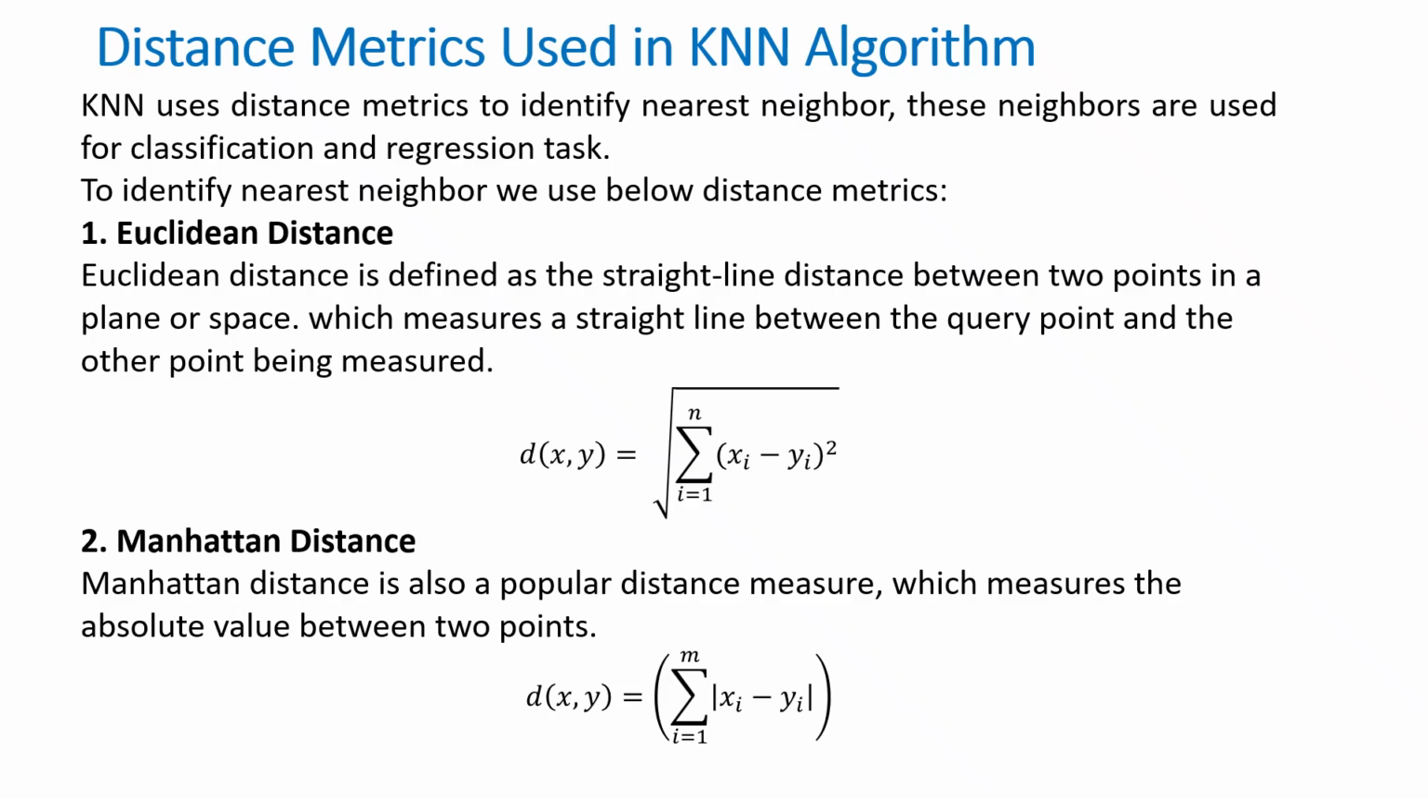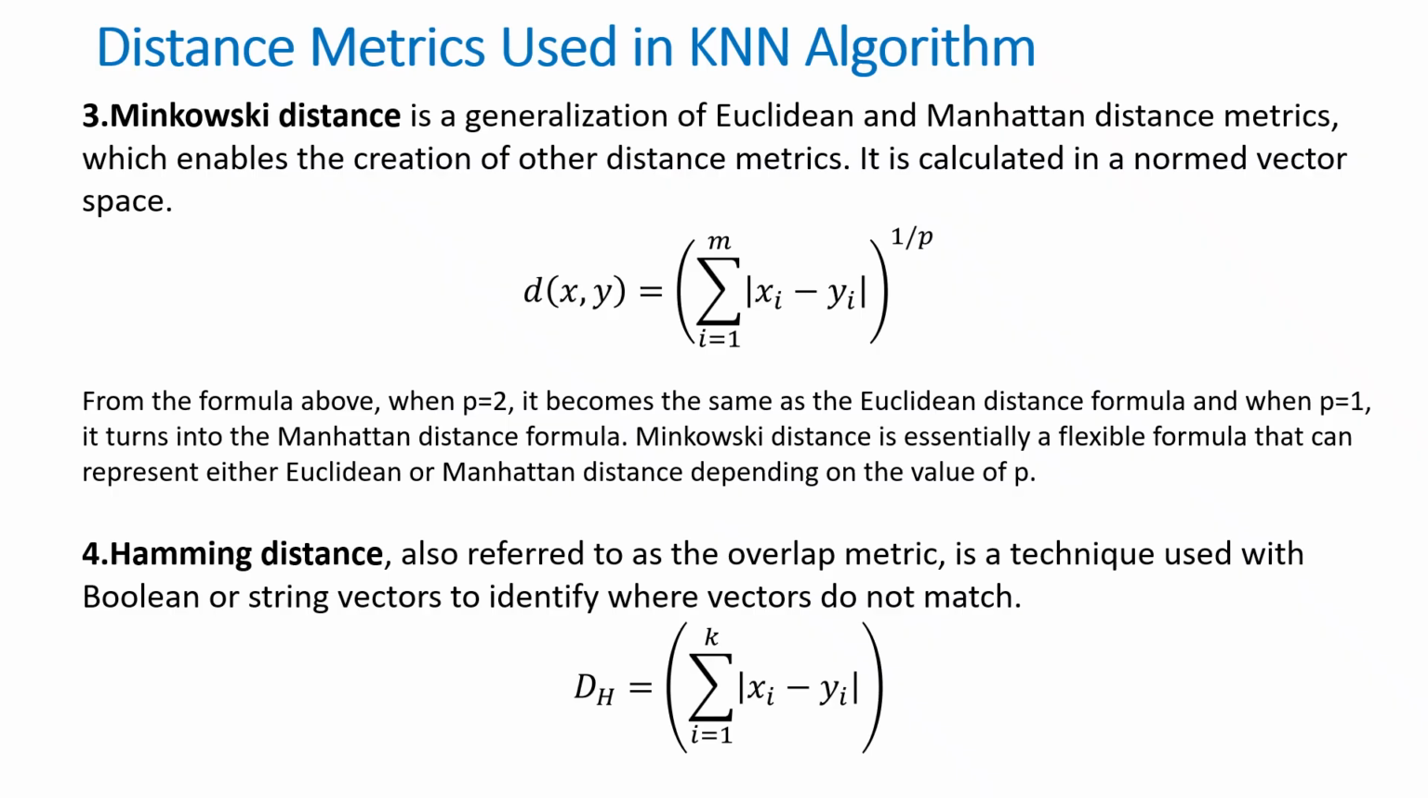First one, Euclidean distance. The formula is d of x comma y. x is the new data point, y is the nearest neighbor, or any other point we can choose. With the help of this formula, we will be finding the distance between these 2 points. The formula is the square root of the summation of (xi minus yi) the whole square. By using this formula, we will be finding the distance value for all the